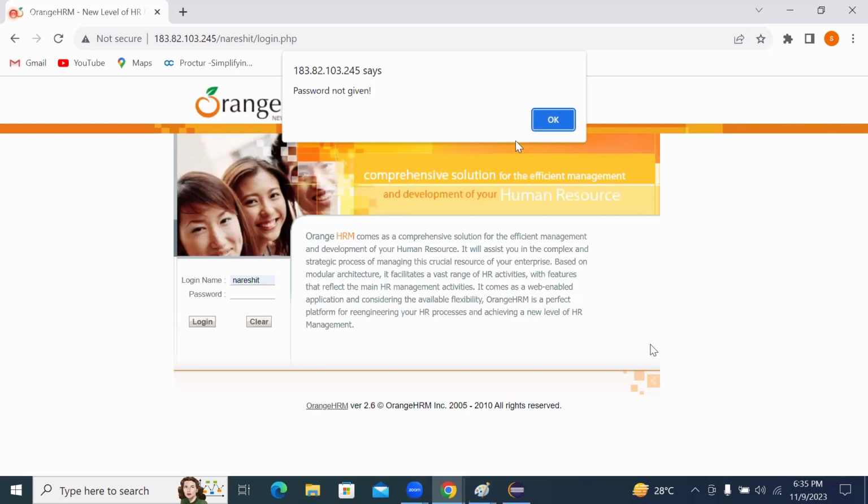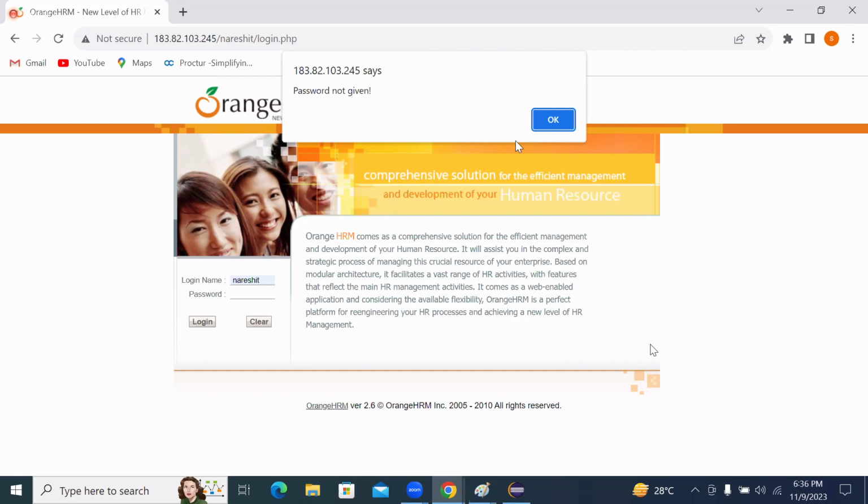Don't be confused here. It's not like that, because in automation there is a common functionality. Text box, what is the functionality? Entering the data. Button, what is the functionality? Click activity. Drop down, what is the functionality? Selecting the data. In the same way, while working with the alert,